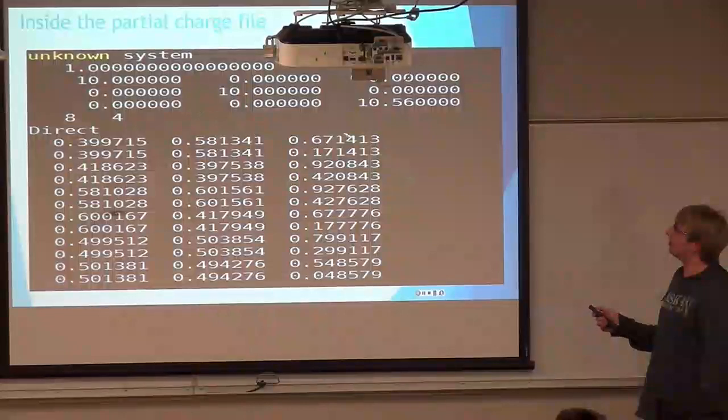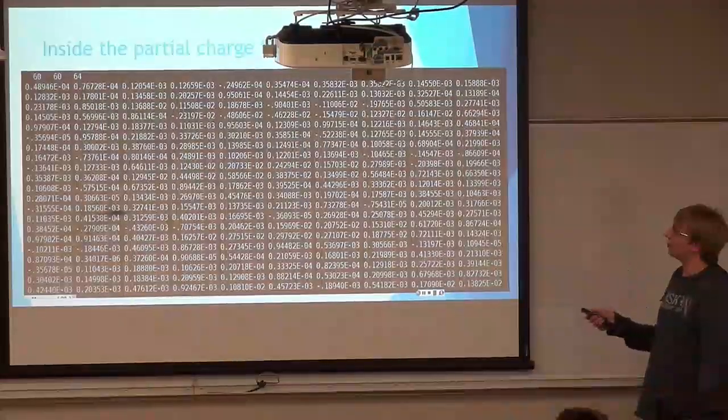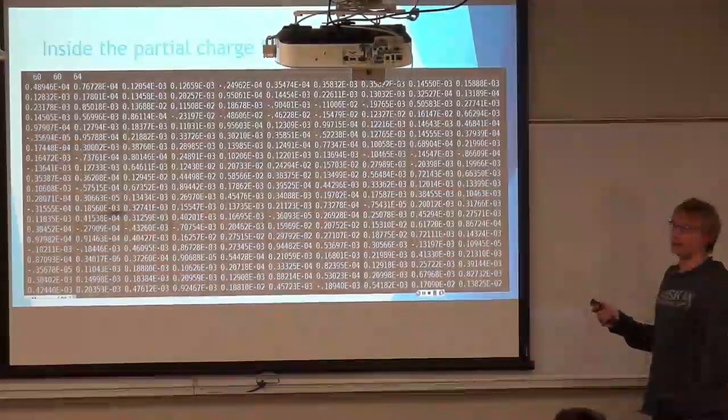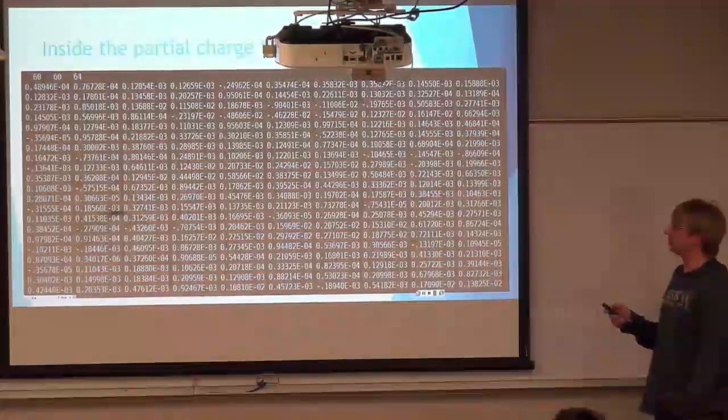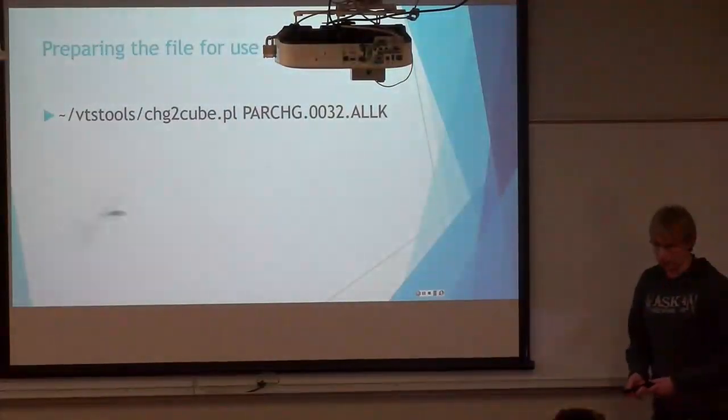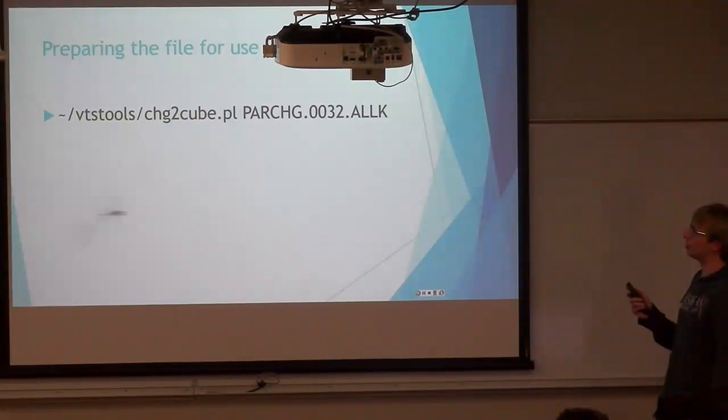Here we just have the coordinate system and whatnot. Just further down that partial charge file, I didn't give myself a whole lot of context for this, so I don't actually remember what that was. It's just a lot of meaningless numbers at this point. But in order to get the partial charge set up for use in Gausview, we do need to convert the original file that I showed into a cube file,